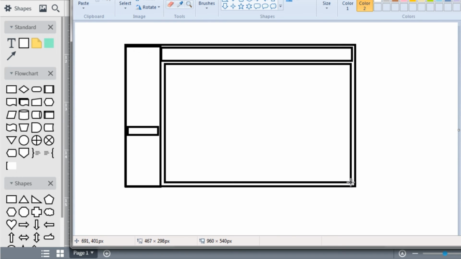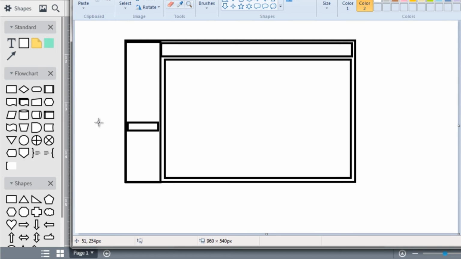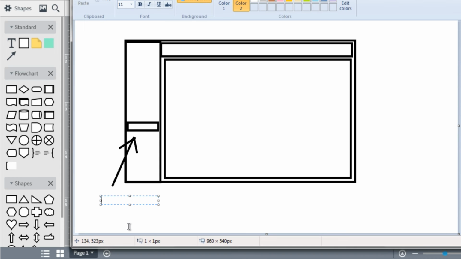So maybe we'll make this red. Actually, we'll just keep it black. All right, so within here itself, we have the options here. So maybe the menu bar here, we could say menu bar. So I'm going to make an arrow here. And the menu bar, they should have the ability to see a list campaigns, create new campaign,